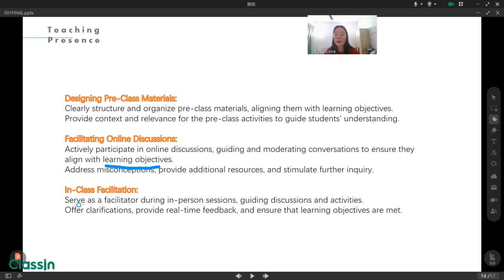The last step is in-class facilitation. Serve as a facilitator during the in-person session, guiding discussion and activities. And we also have to provide some real-time feedback. Through this, students will get instruction from the instructor.